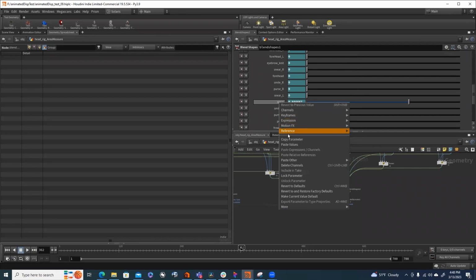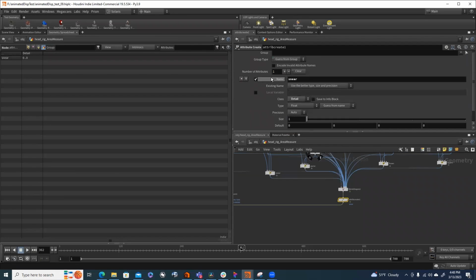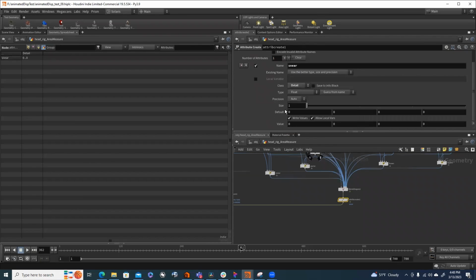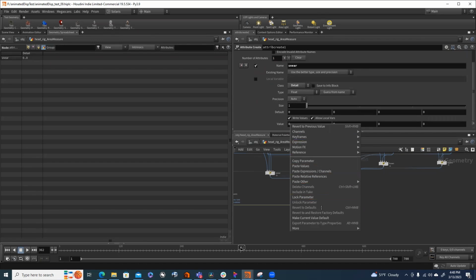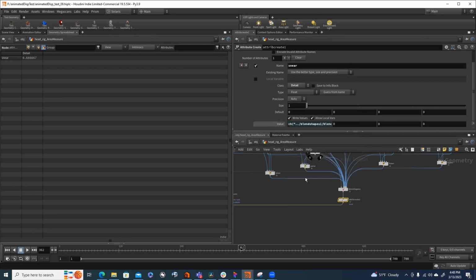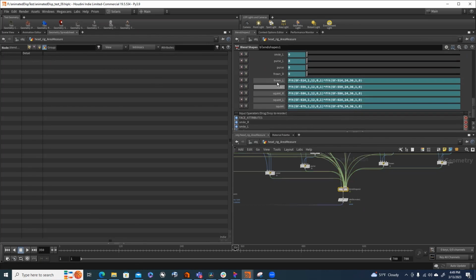It is. I'm going to right click, copy this parameter, and I'm going to come to sneer, and it's going to stay float. The default is 0, but this value, I'm going to say paste relative reference. And then now we have a sneer value that we can see gets set based on what the rig is doing. And then you could have every single one of these blend shapes, right,